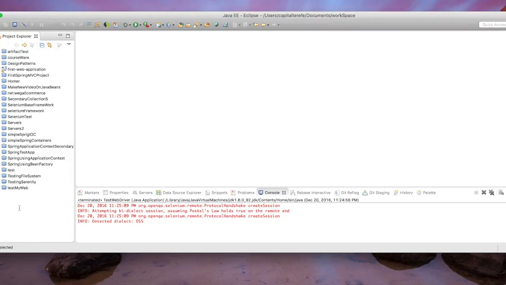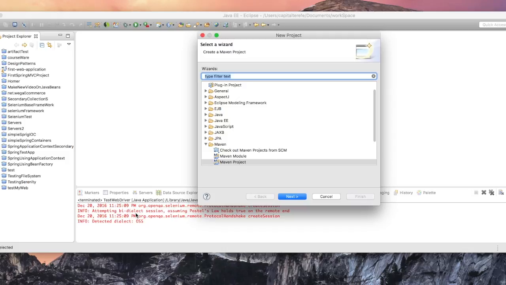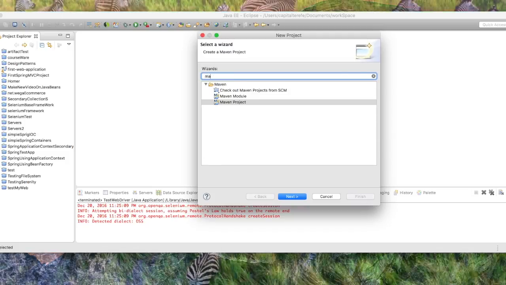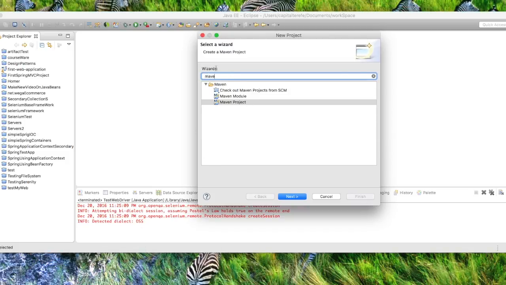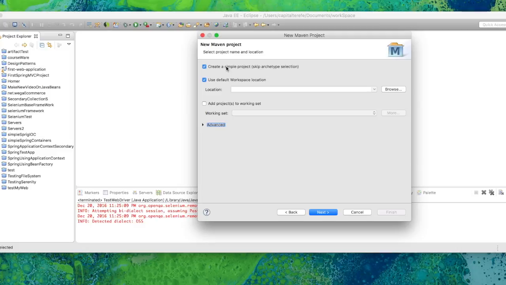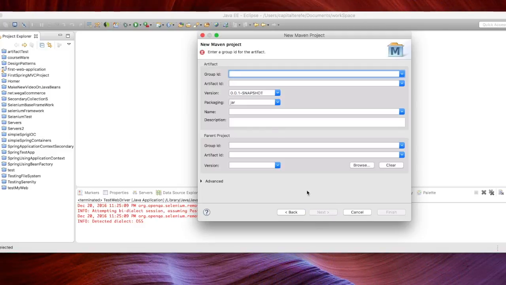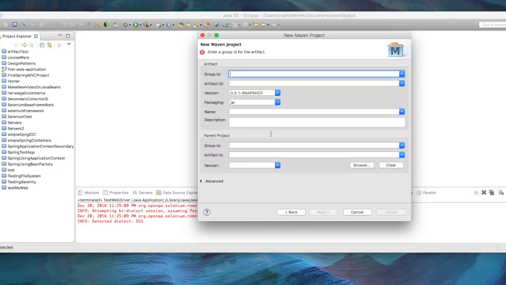See it now. Perfect. So let me create a new project. I'm using Maven because it makes it easier to get all the dependencies. So I'm creating a new Maven project. Just a simple project. I'm using my default work location. And let me give it, let's say, test